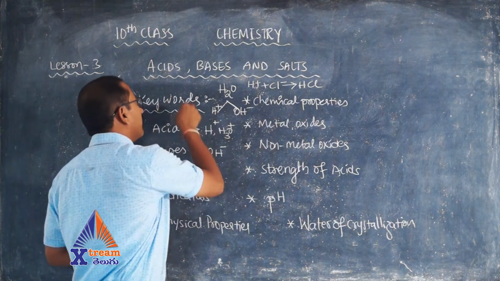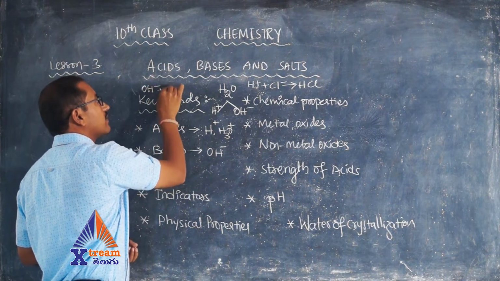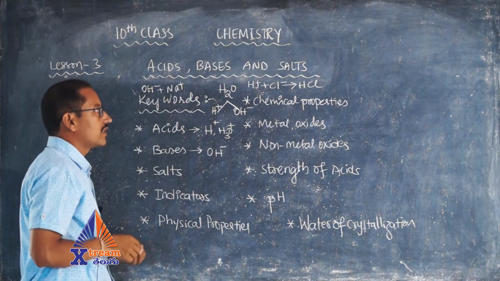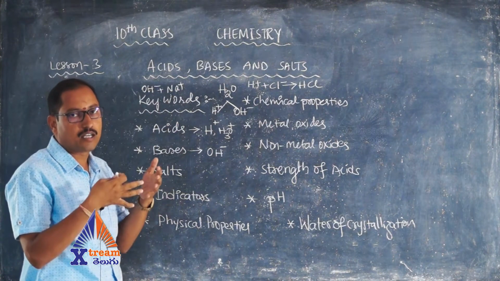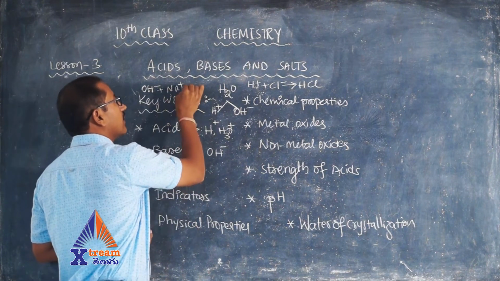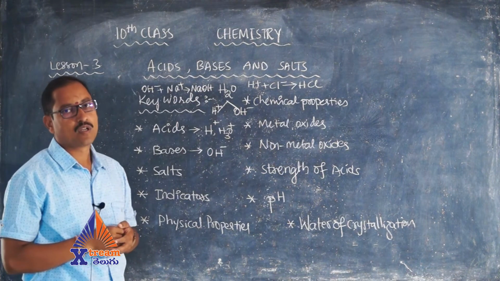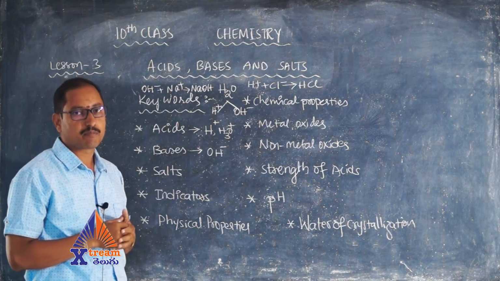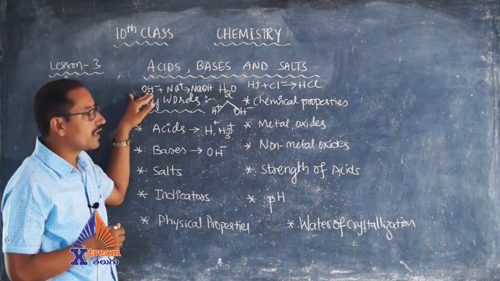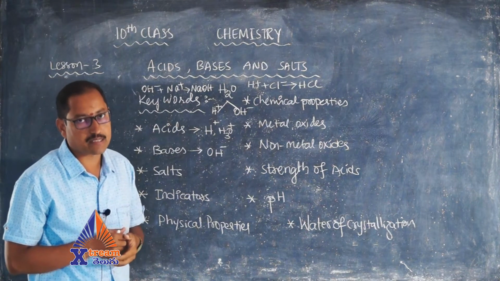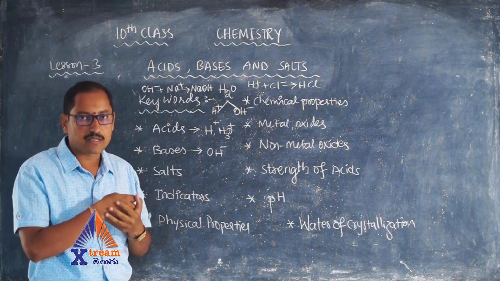Similarly, if we think of OH- plus Na+, that is a metal ion and hydroxyl ion, when they are coming into contact with each other, they give us NaOH, which is a base. So, sodium hydroxide, which is a base, is a combination of hydroxyl ion, OH- ion, and a metal ion, Na+. So, a metal and hydroxyl ion, when they are combining, we get bases.